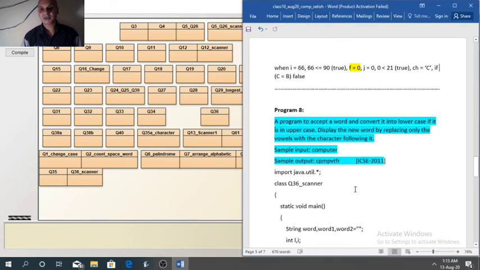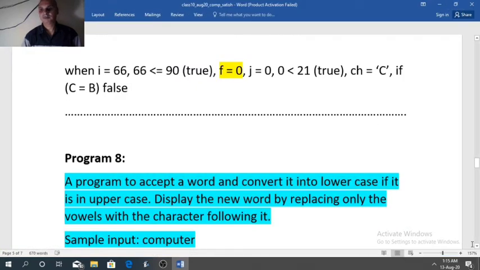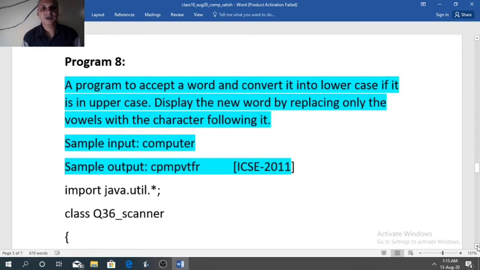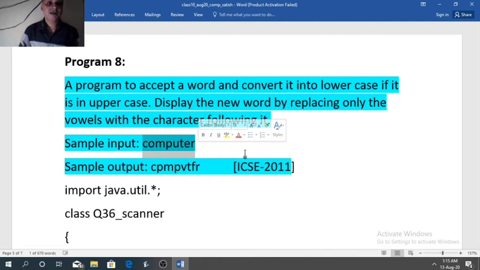One more program we will discuss today. Write a program to accept a word and convert it into lowercase if it is in uppercase. Display the new word by replacing only the vowels with the character following it. So if the input is computer, computer is already in lowercase, so after changing to lowercase we will get same. Now wherever vowel is present, that we need to replace with next character